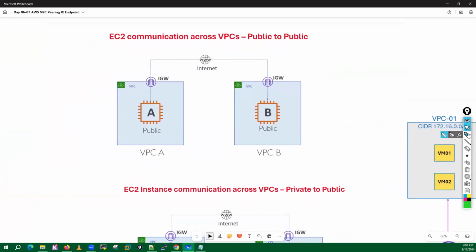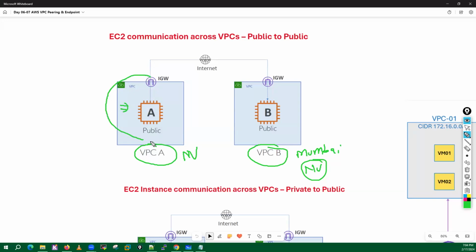If you see this diagram, I have a VPC A. Let's take an example, it is in the North Virginia region, and we have a VPC B, let's say it is in the Mumbai region in India. Or these VPCs can be in the North Virginia region as well. But just remember one thing. Whatever resources you deploy into this VPC can communicate within the VPC, but this VPC is an isolated network. This VPC will not have any type of relationship with the other VPC, which is VPC B.